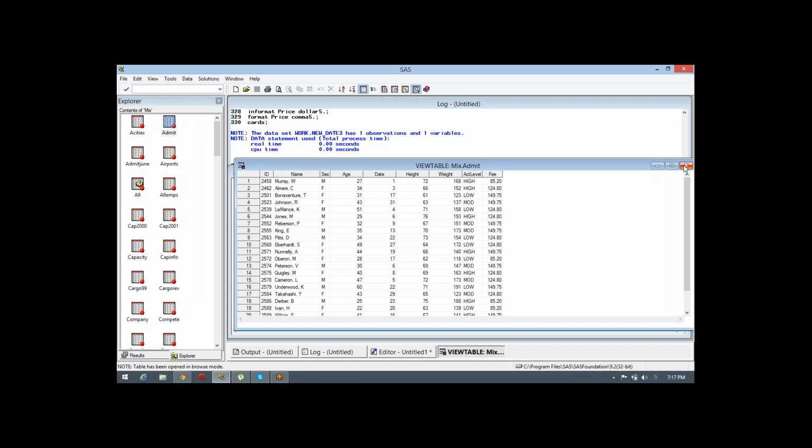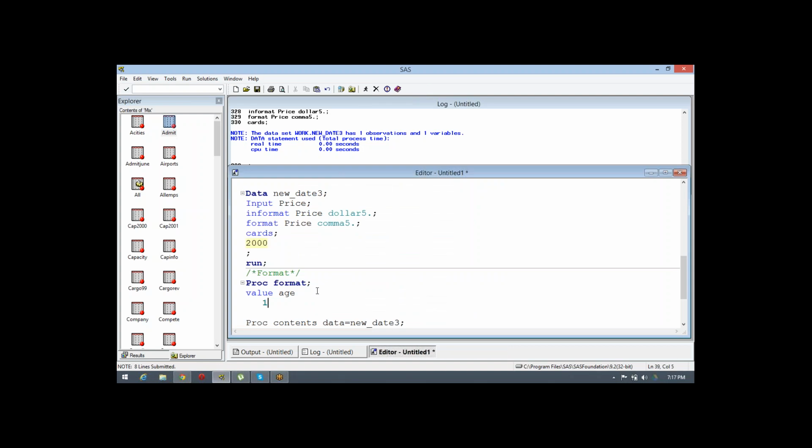I want to create it so that if age falls between 10 to 30, it displays as something. Whenever we apply this format to numeric variables, for values between 10 to 30 in the data set, you just display them as young.